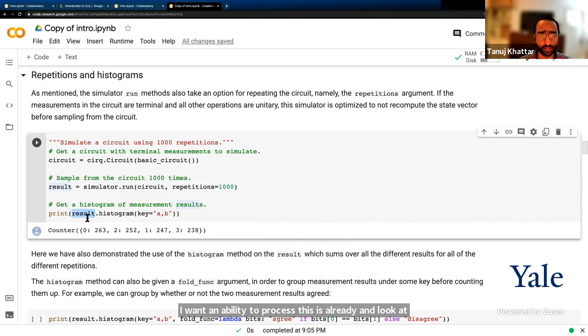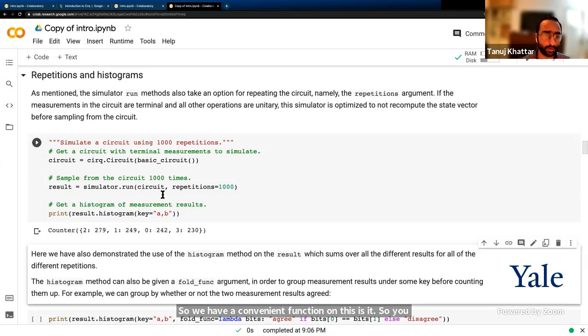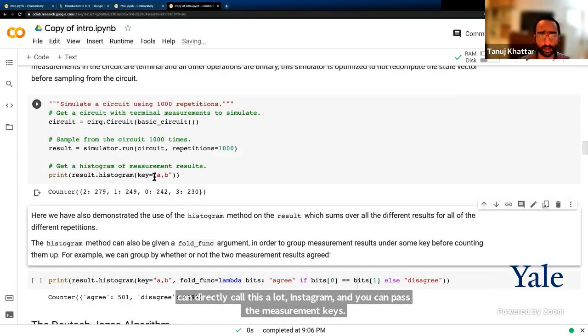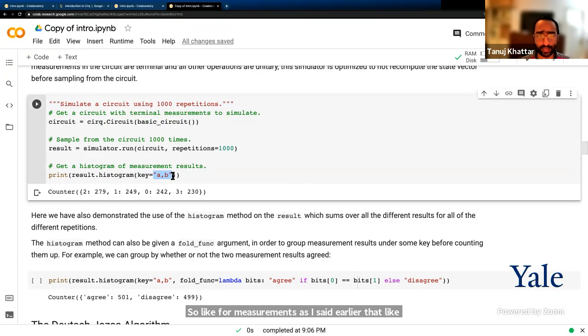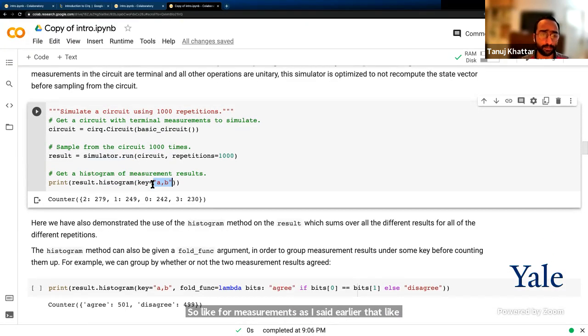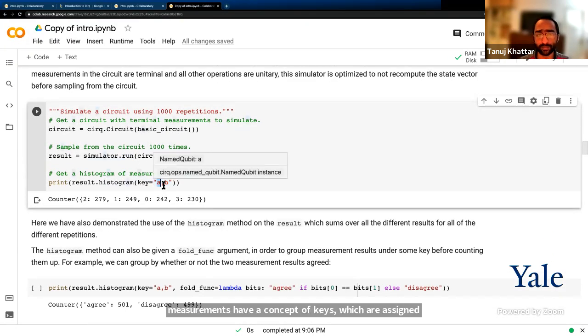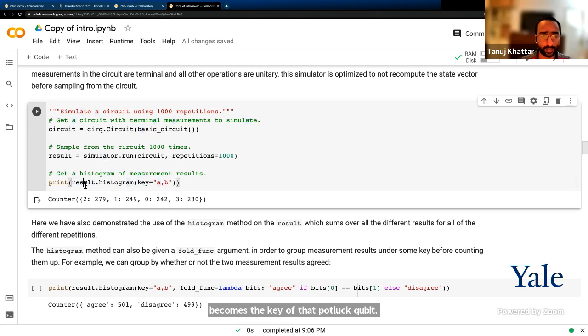So we have a convenient function on this result. You can directly call result.histogram and you can pass the measurement keys. For measurements, as I said earlier, measurements have a concept of keys which are assigned to every measurement. By default, the name of the qubit becomes the key of that particular qubit. Okay. So in this case, when you pass the list of keys to the histogram,